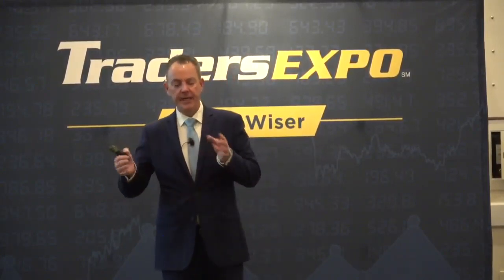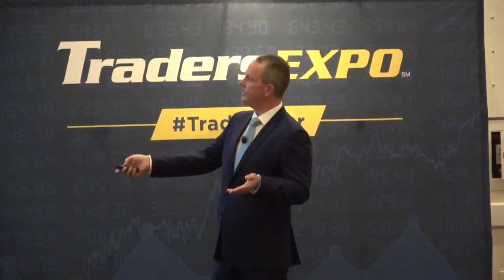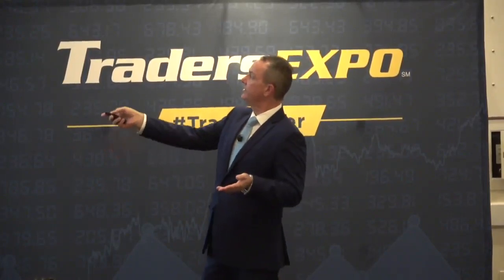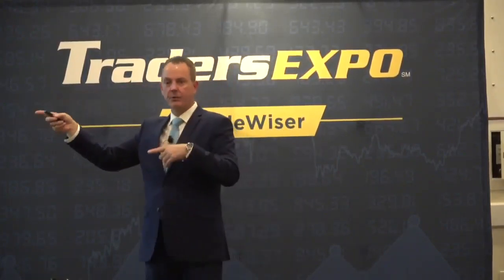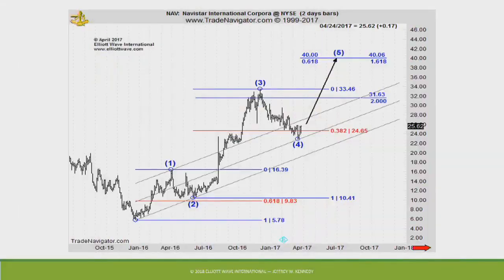Absolutely. And it's time specific. If I'm counting, say, a 5-wave move, for example, these price bars here, this is a 2-day chart. Each price bar represents 2 days worth of trading. If this were a 15-minute or a 5-minute price chart, then I would be looking for this move to last just a few hours and be done. But because this is a longer-term chart, I'm looking for that advance to, say, last for 3 to 4 months.